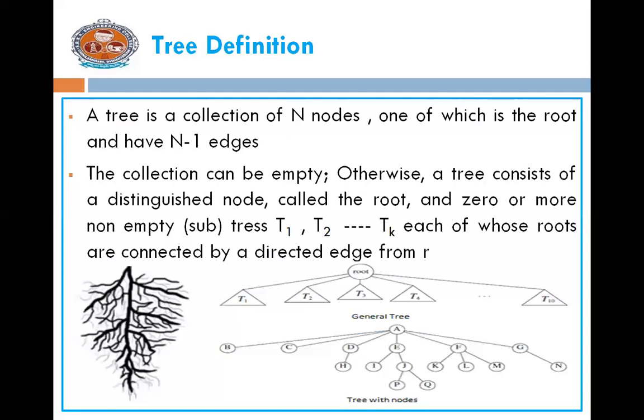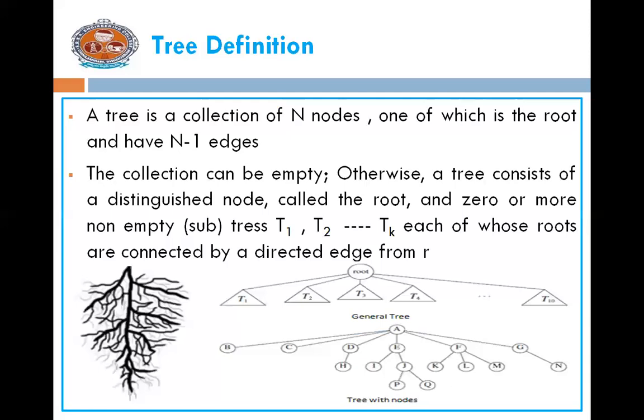In this example, we are showing everything as subtrees. And in the next example, the tree with nodes. Again in this example, if you take the T1 subtree, T1 subtree is having only one node, so it is having only one node B. And the T2 subtree is also having only one node, that is C. So it is represented again with a single node C.